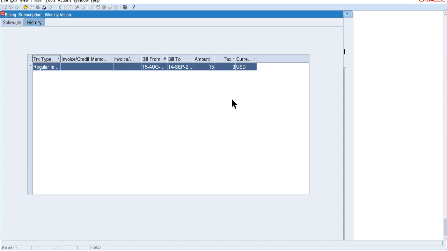After that there is one seeded program which will back update the invoice to the service contract. Then you can see the invoice number in this column. So after creating the invoice, you need to run the program from this service contract responsibility. Program name: Service Contract Fetch Receivable Info for Billing, right? We need to run this program after creating the invoice, and it will back update the invoice number to the service contract.